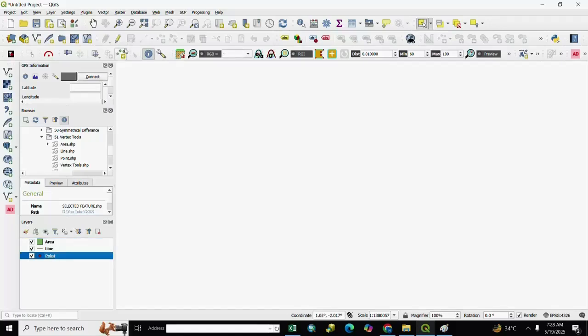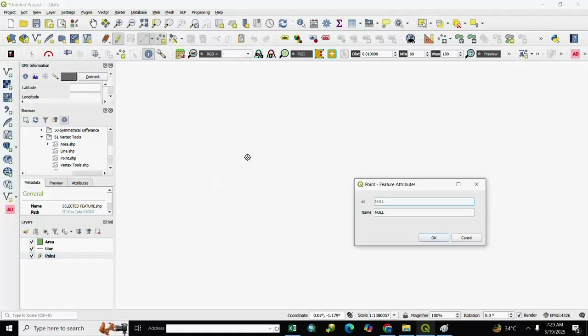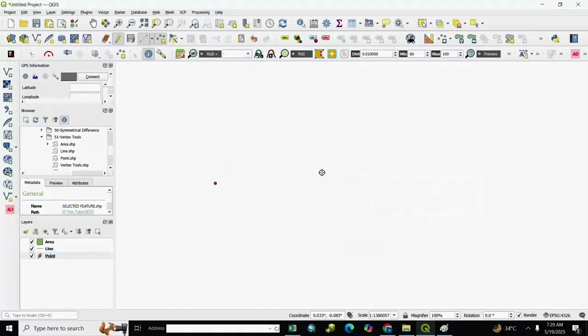We create a point. For creating a point, we go to Toggle Editing, we click here, and we select the point layer. The point layer is highlighted, and we create the first point, second point, OK, and third point, OK. Next, we create a line. We select the line layer, go to Editor, Start Editing, and we create the line.